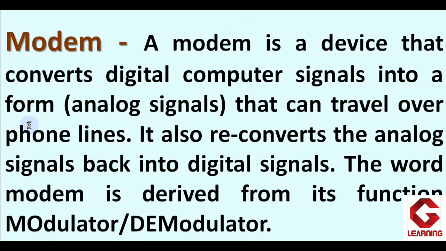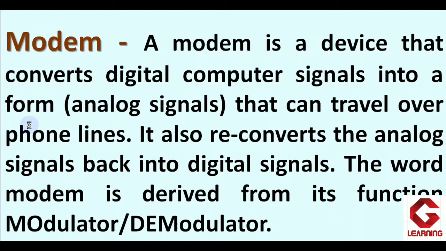Now next here is modem. Before explaining the modem, we have to understand one thing: whenever we get the internet connection through a telephone line, as happens in the case of dial-up internet connection, there is a mismatch of signals. The computer works on, that is, processes, digital signals, but the telephone line we get in a dial-up internet connection is capable of carrying only analog signals. In this way, a signal mismatch is there, because the computer works on digital signals, but the telephone line is capable of carrying analog signals.